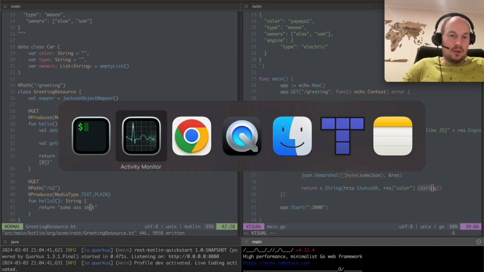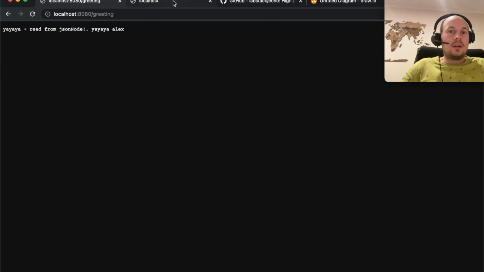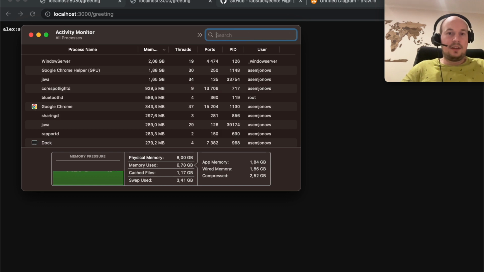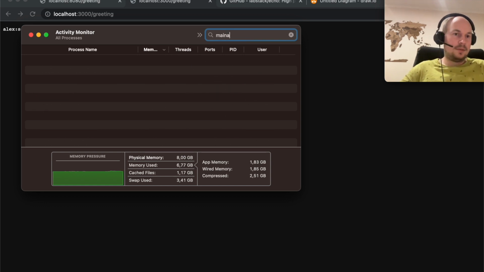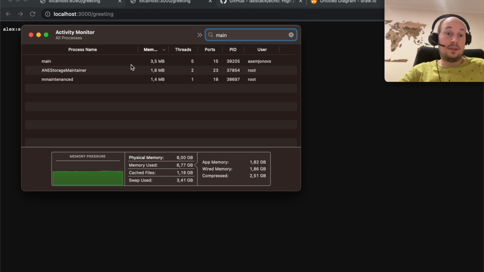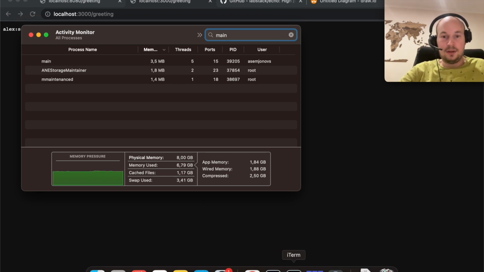And it's running. It took less than a second, so port 3000. I got it over here. Yeah, so it shows me whatever I want. How much memory does it take? It's called main. 3.5 megabytes. I mean, I know there is nothing much, but the compiled program in Go, a native application, is really not eating anything at this point.